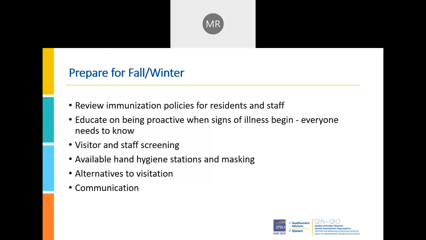We learned through the pandemic that one of the most important things is to be transparent, to be aware of what's happening in our community, to make sure our residents and our families and our clients are aware of how we manage certain things. So preparing for the fall and winter, when I think communications, how are you talking about immunizations? How are you talking about outbreak management? How are you managing the communication about signs and symptoms of illness? What kind of signage do you have up for visitors to be aware?